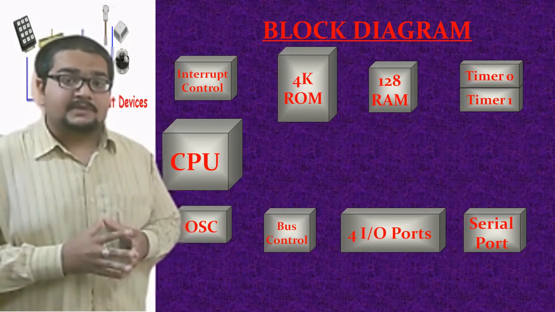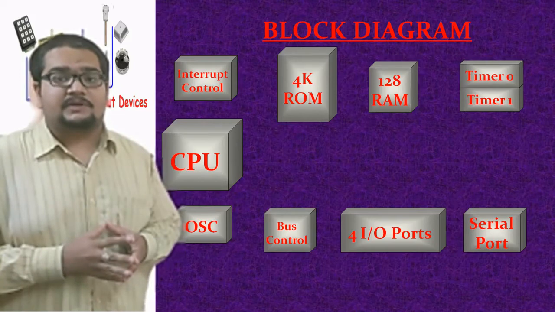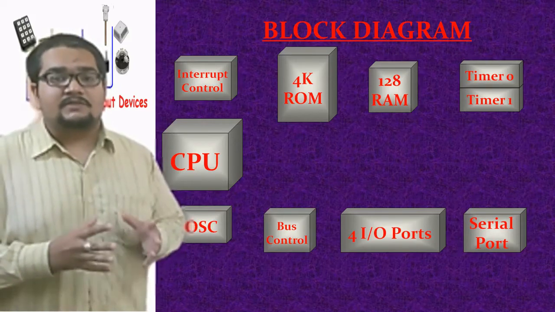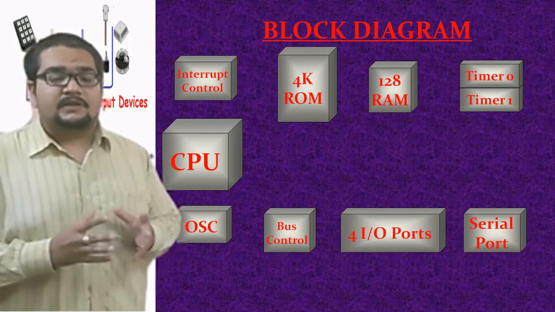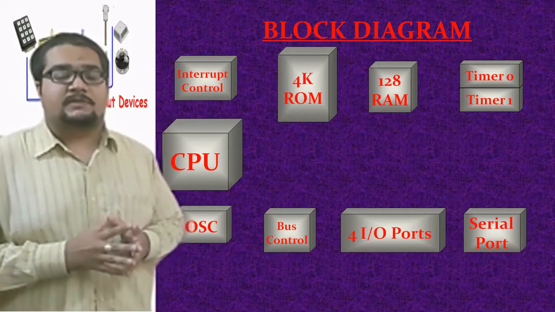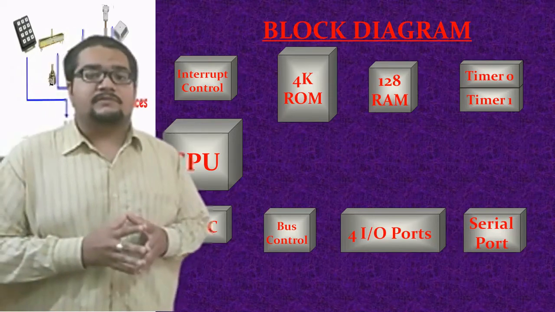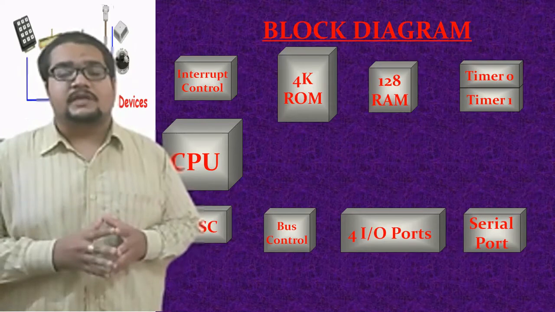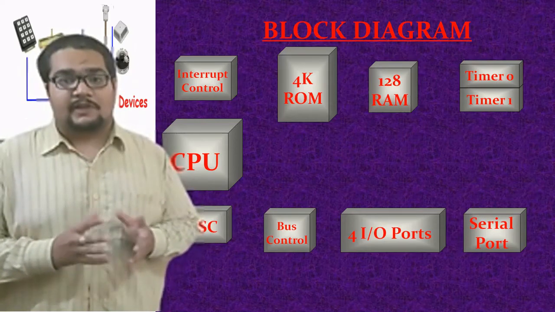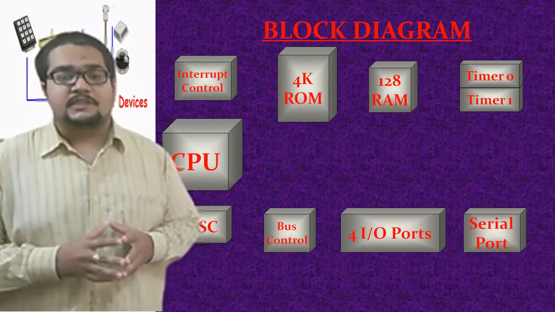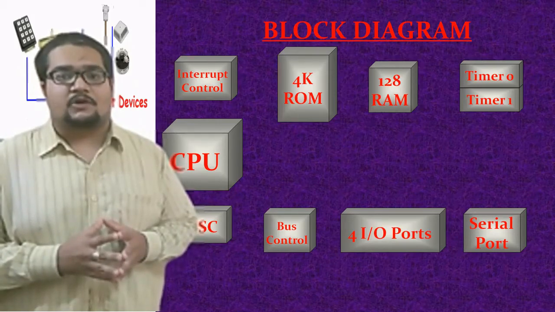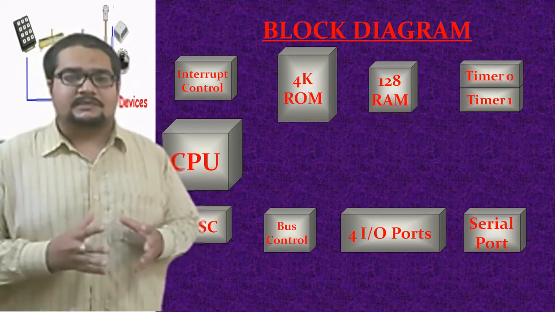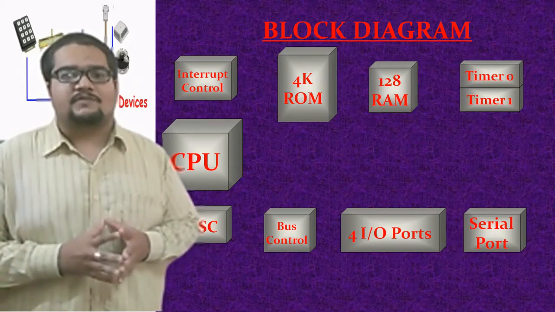And we have 2 timers, timer 0 and timer 1. Earlier, just before this slide, we discussed one of the features, that it has an inbuilt oscillator. So the inbuilt oscillator is available here. A bus controller will be there too. Unlike the 8086 system, where we used the bus controller 8284 externally to control the bus operations, specifically in the co-processor design or maximum mode of operations, here the bus controller is available as a module or block inside the 8051 IC itself.